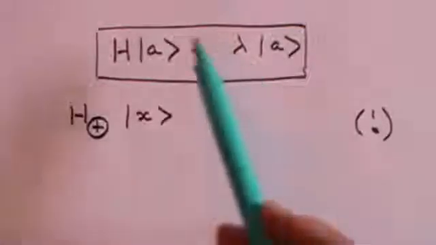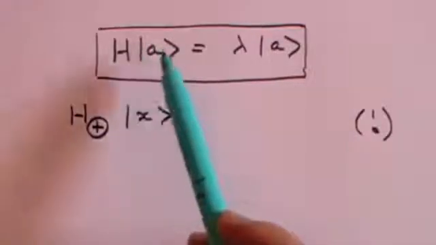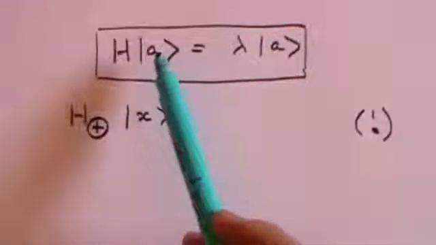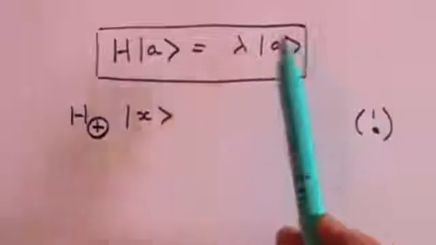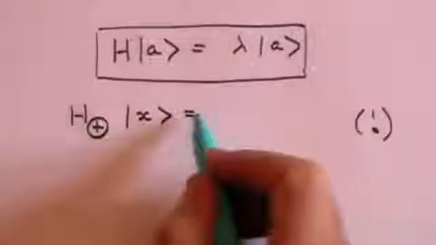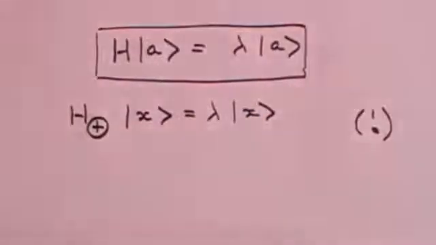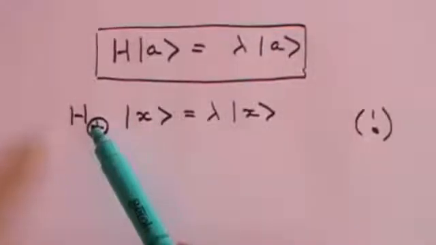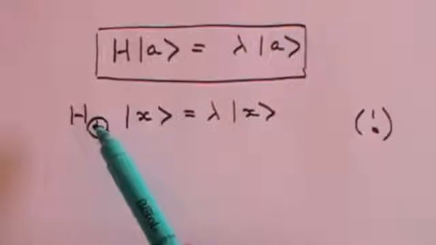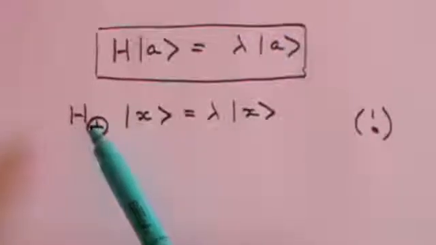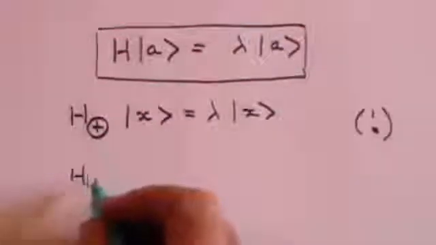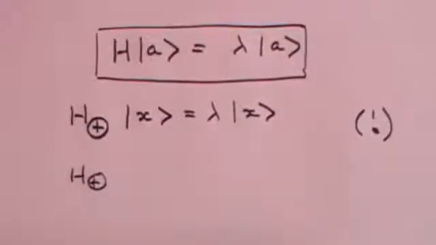Now what I am asserting is that if you've got a Hermitian matrix acting on a vector, you will get the same vector multiplied by a number. So we expect to get a number multiplied by X. And the question is, do we do so? Well, I will need to tell you what this matrix is. Again, I'm not going to derive it, but we will illustrate a derivation of it later on. For the time being, I'm just going to tell you that we can represent this Hermitian matrix, which is the operator or the measurable,